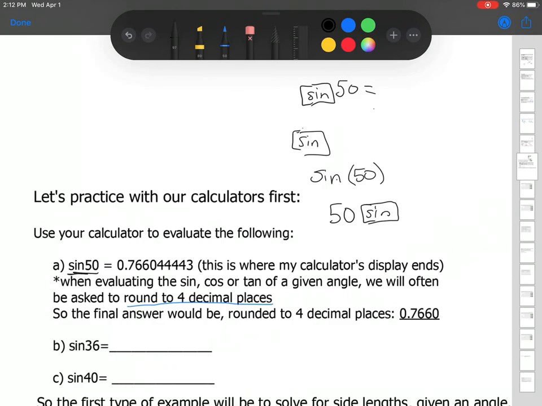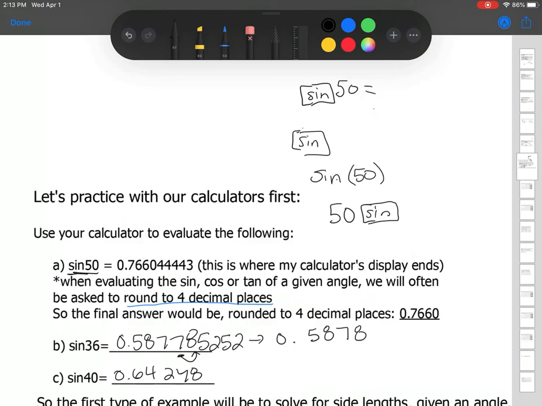So when you push sine 36, you should get this long number here, depending on how many spots are in your display. And when you round it to 4 decimal places, you get 0.5877. And then this number here, you look next to it, that's a number above 5, so I'm going to round up. Sine 40,